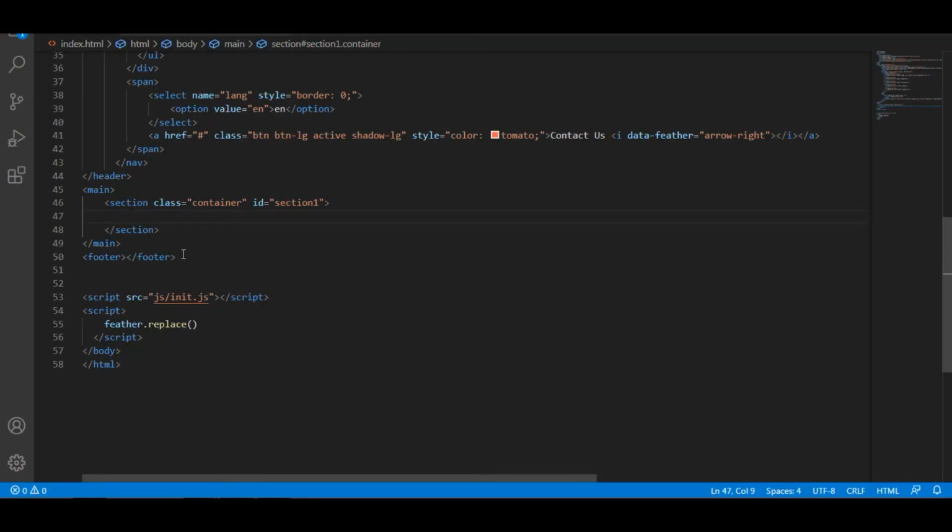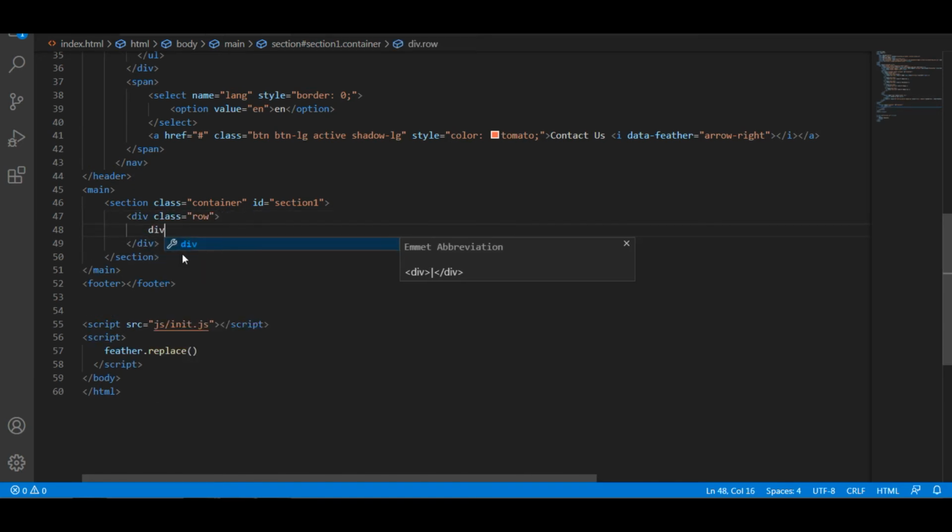I need a div, then a row, then I need a column. I'm not bothering about the mobile view now. I'm just going to create it for the desktop now.